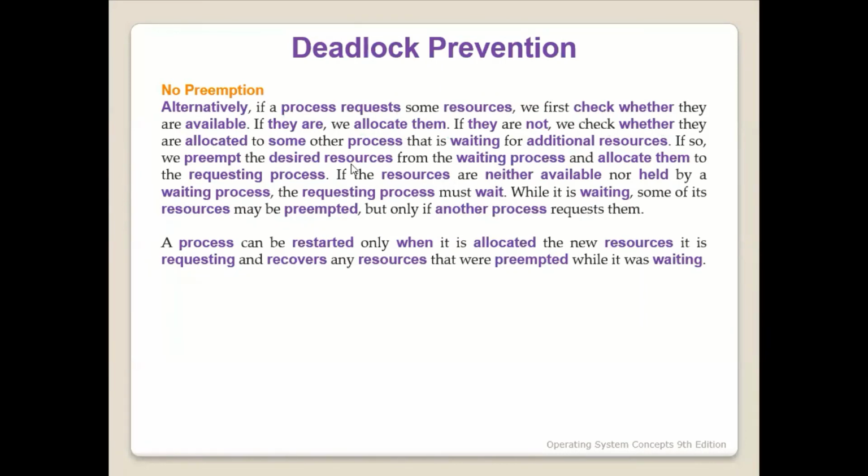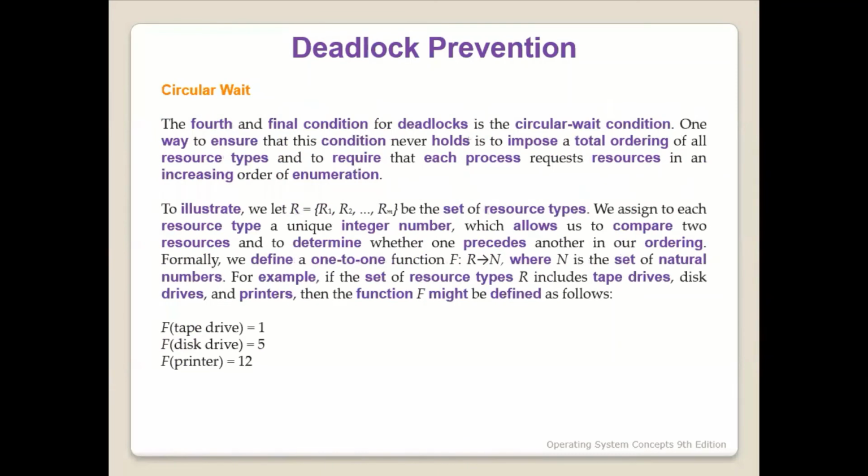And the fourth condition is circular wait. Circular wait is when one process is waiting for something, and that something is held by another process, and that other process is waiting for something else, and that is occupied by somebody else. Can you get the idea? This is the circular wait condition. We saw it in the beginning of the chapter. So how to make sure you won't have a circular wait is,